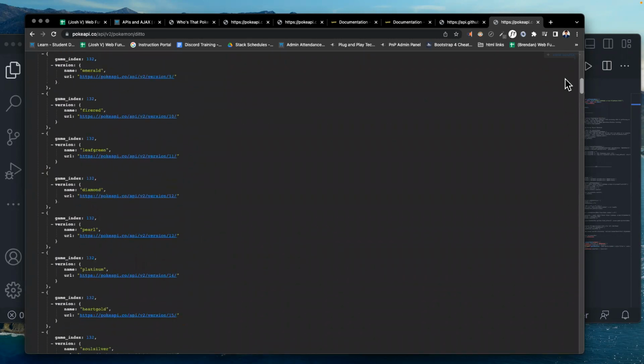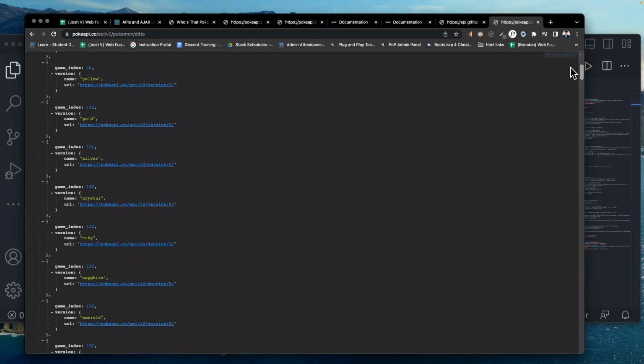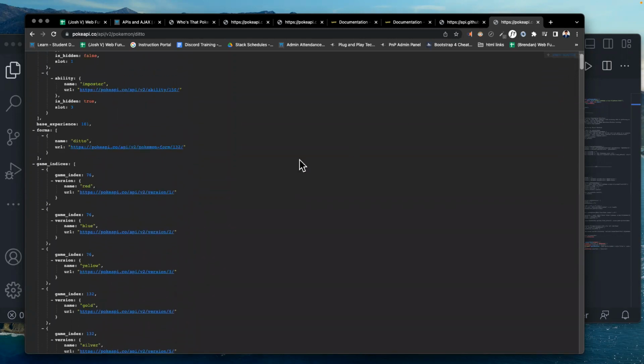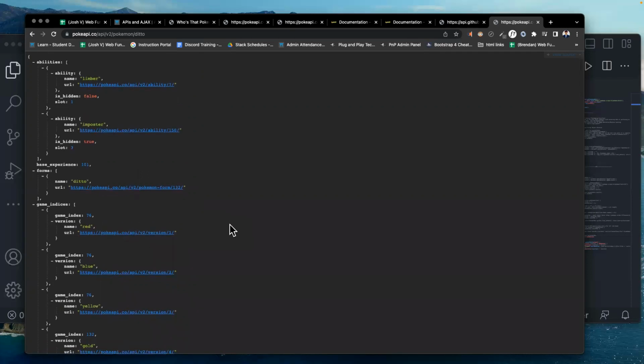And in each of the URLs, there's access to more API information. There's API information nested within API information. So you can go really deep here. It's like a phone book.